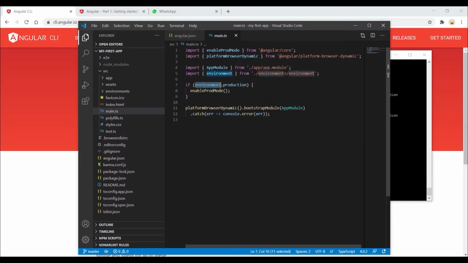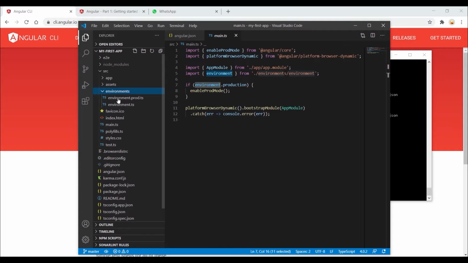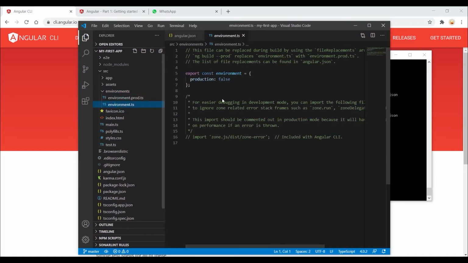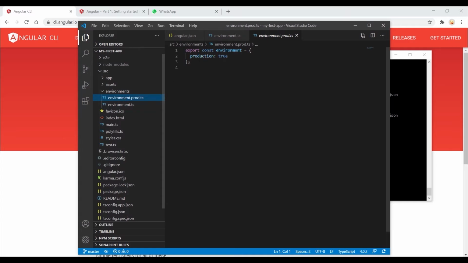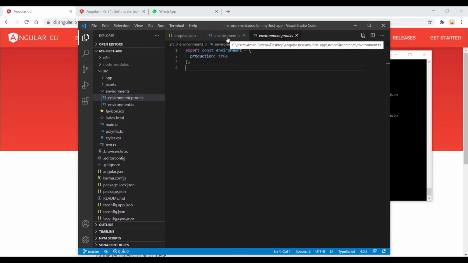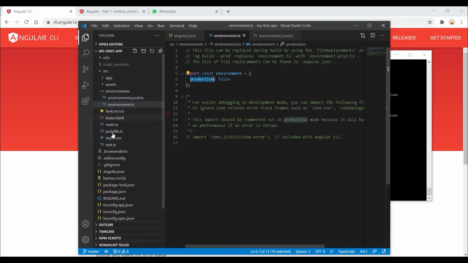Like if you go to environment.ts, let's go to environment.ts. So you could see environment.production is false over here. This is the default. When you create your first application, these things will automatically be here. In environment.prod.ts, you could see environment production is true. So when you create your build for production, if we go to package.json,